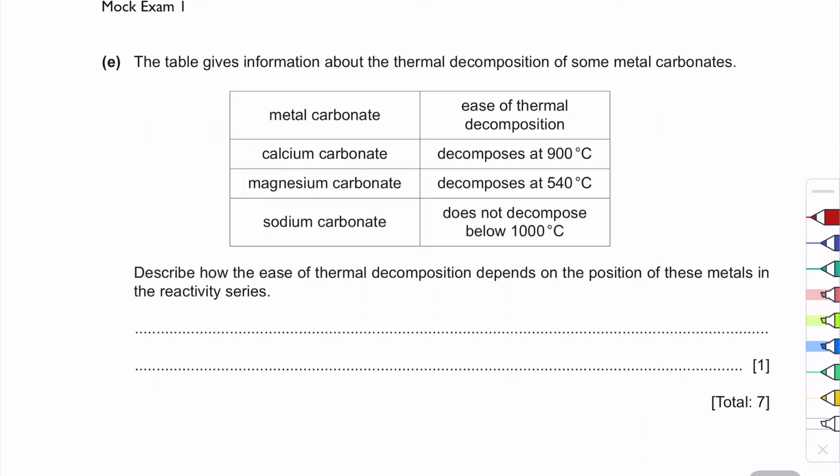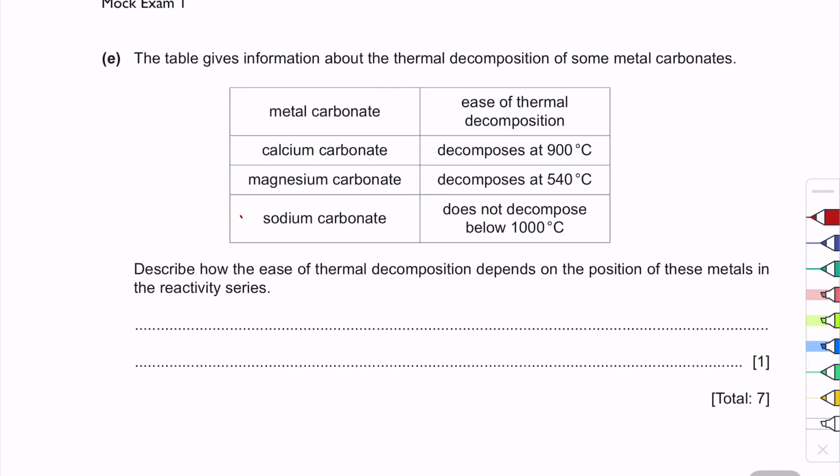So you can clearly see that in reactivity, this is the first one, this is the second, this is the third. And in terms of how easy it is to decompose, this is first, this is second, and this is third, which shows a correlation that the more reactive the metal, the more difficult it is to break down the carbonate. So that's what we'll talk about. We'll say that more reactive